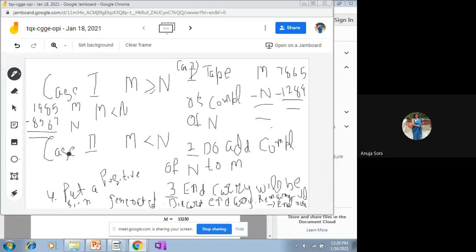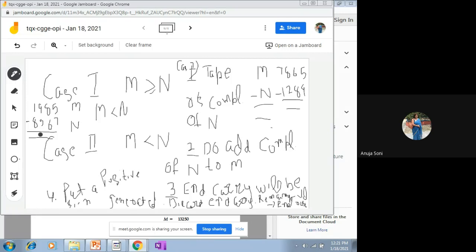Now in the third step, some resultant value has been generated after adding the complemented value of n to the value m. That number, we know, will be negative, because the magnitude of the negative number was higher than the magnitude of the positive number. So the result definitely was negative. That means it was already in the complemented form, the tens complemented form.